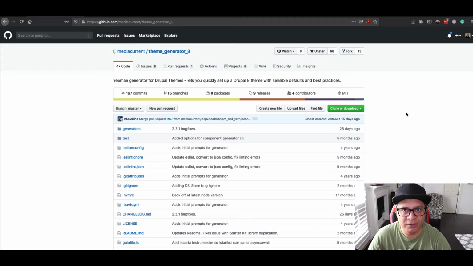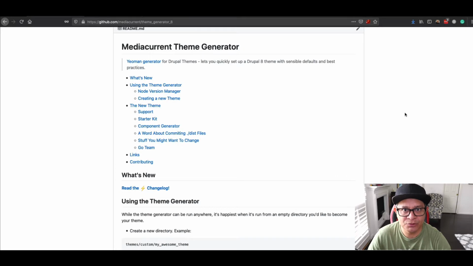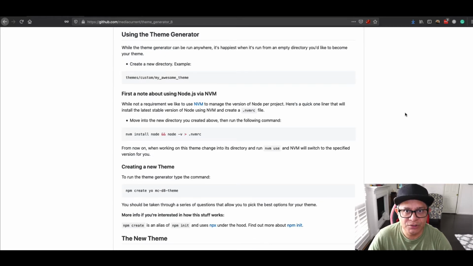If you go to github.com/mediacurrent, you will find our theme generator repo. There's all sorts of information here for you to read more about the theme generator if you want to learn more about it. The requirements to install and use the theme generator is for you to have Node.js and npm